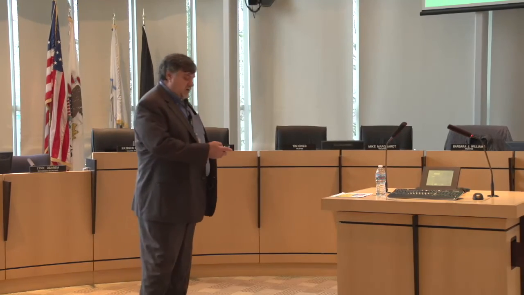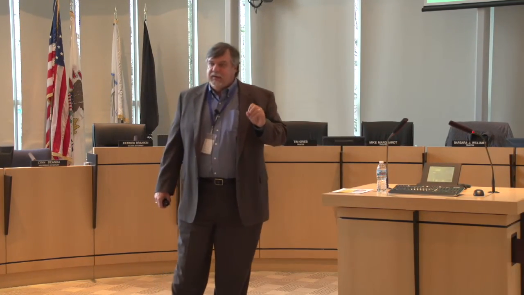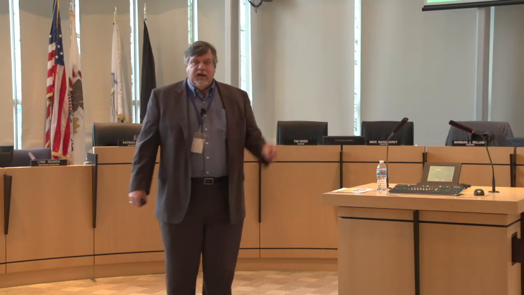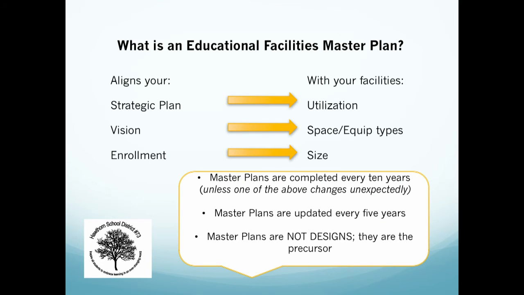So let me start with the educational facilities master plan. It is a 10-year plan. It is aligned to our strategic plan. It is aligned to our demographic studies, what our potential growth needs would be. It also incorporates our vision and allows us to look at our current buildings, what needs to be repaired or replaced. In many cases, just like in a home, you might have a heating or air conditioning unit that needs to be replaced, or a roof. We did an evaluation of the entire district, all the buildings, to include those through this process.